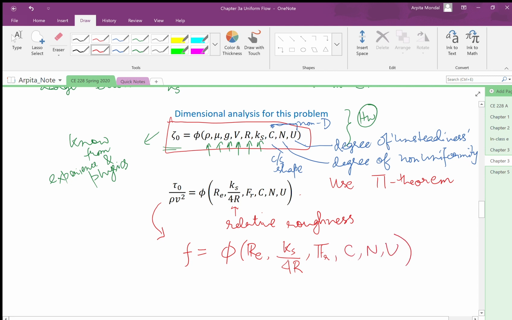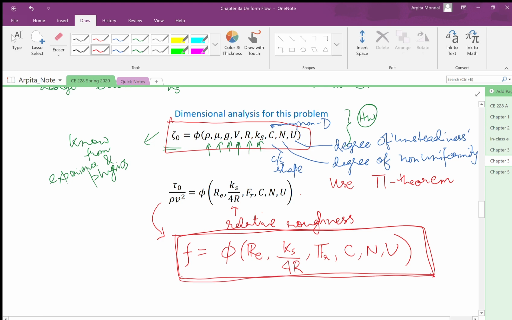So this is what we get from dimensional analysis, and this quite amazingly is similar to what we had obtained in pipe flow. That is, the friction factor depends both on Reynolds number and relative roughness,